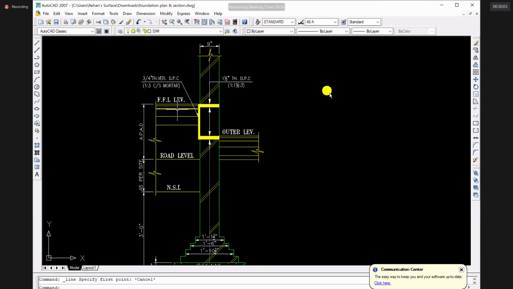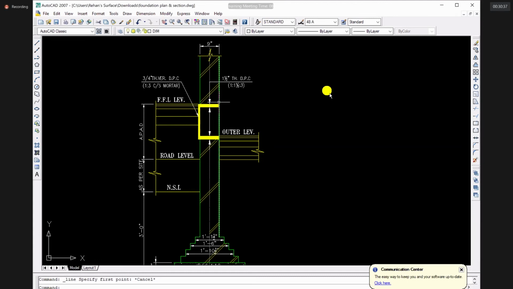This normally you would find in the exterior walls. The wall which is on the outer periphery of your building, and on the outer side you have passage. It is not the property limit, but you have a passage on the outer side. In such cases, you know that the inner floors of the building are higher as compared to the outer floors. So what you're going to do, you are going to provide a C type